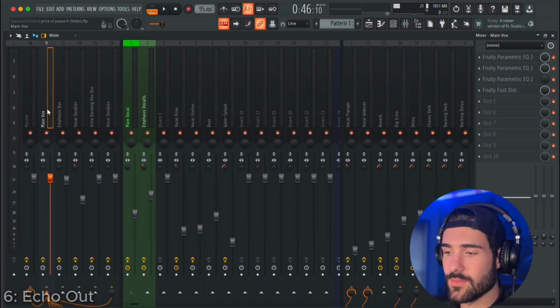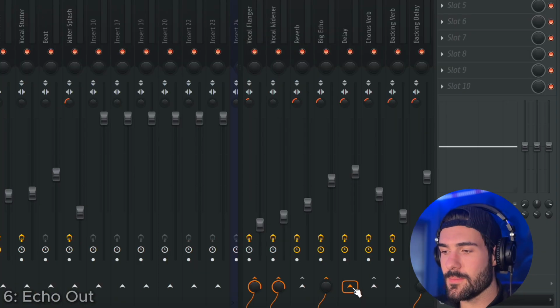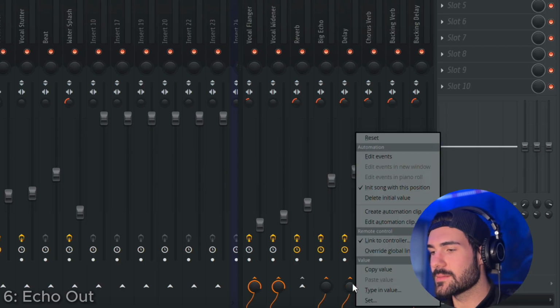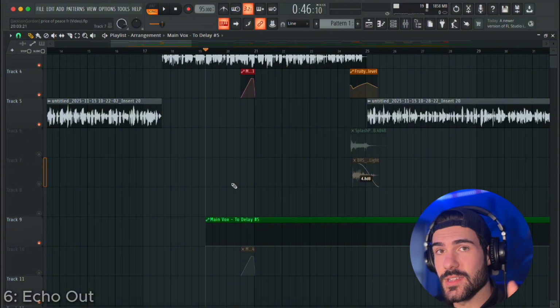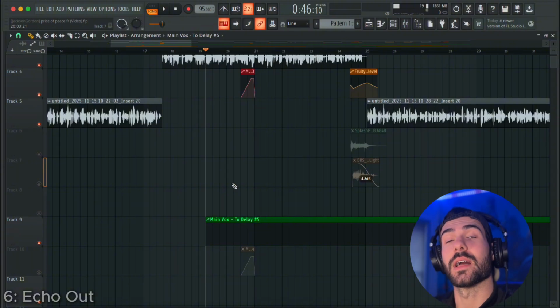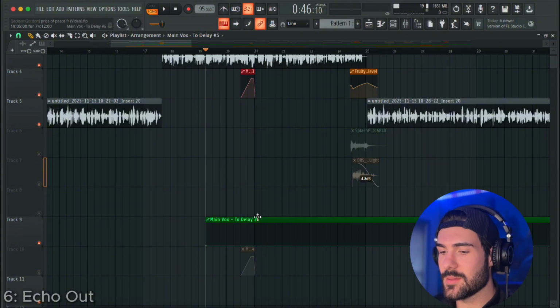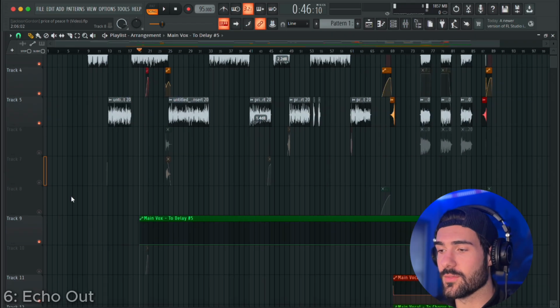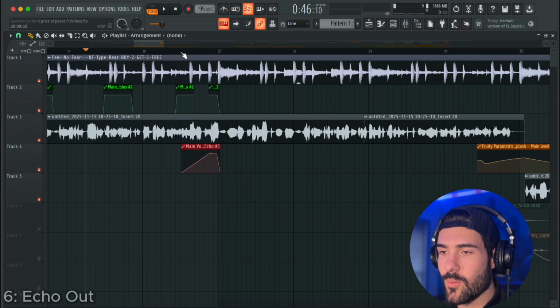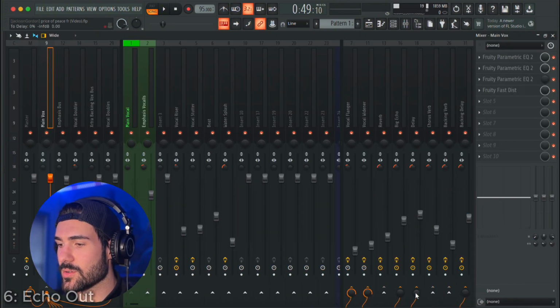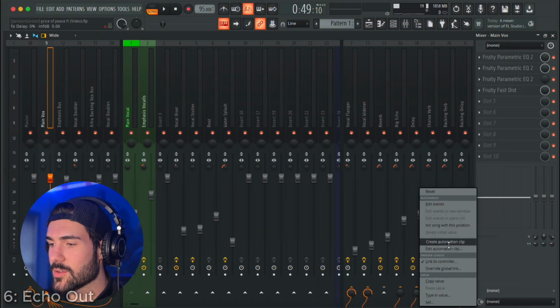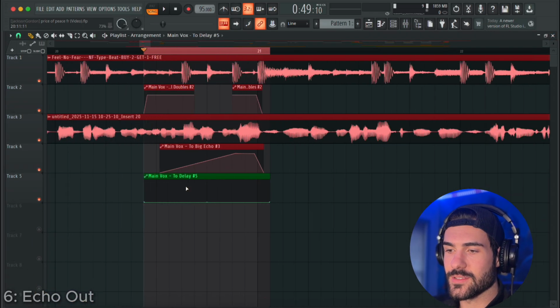Yet again, I go to my main vocal bus, I route it to the delay. This knob will be turned up, so I turn it all the way down, right click it, create an automation clip. Now, be careful you don't make the mistake that I just did, where you don't go and highlight the timeline first where you want the delay to hit, because otherwise it will add a very long, very large automation clip throughout the whole song. I'm going to highlight just the part where I want the delay to hit on the timeline, then go back to the delay circle knob down here, right-click it, create an automation clip, and now it's just going to automate